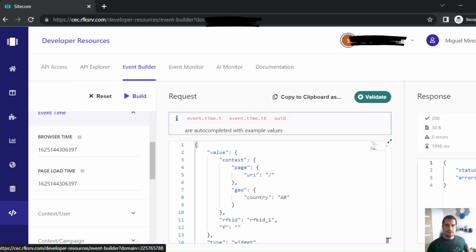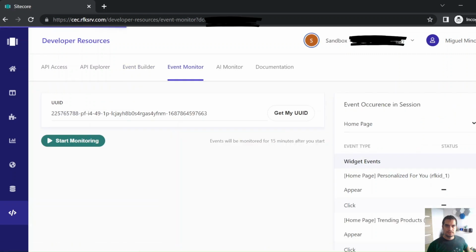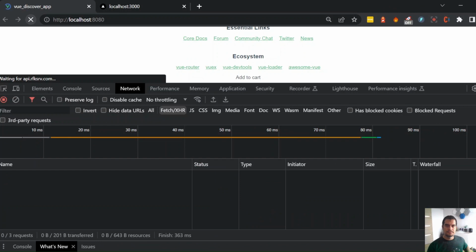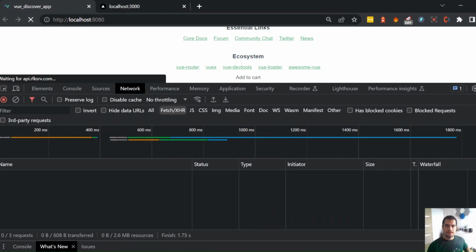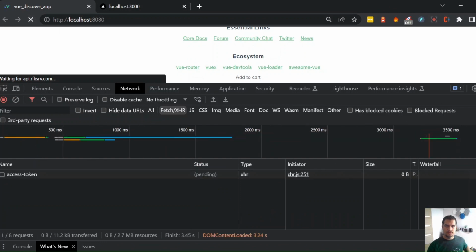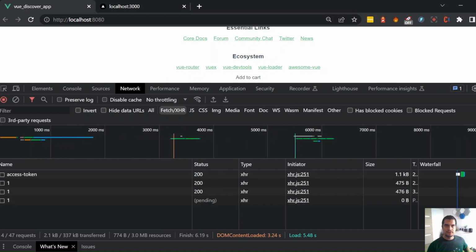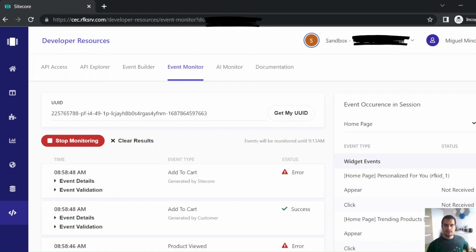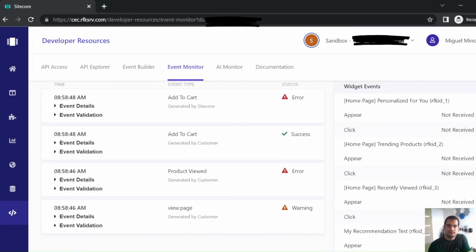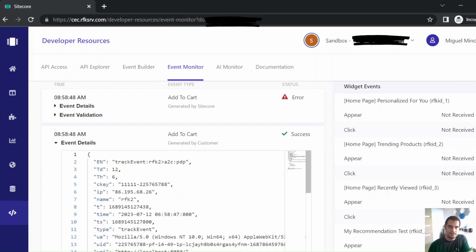So if we go to the event monitor, we put our user ID, we start monitoring. So let's get back to our site and refresh once. And then I'm gonna click on the add to cart to trigger the other event. Yeah, everything is looking fine here. If I get back to my console, I can see that the add to cart got triggered. If we check the details, we have, yeah, the